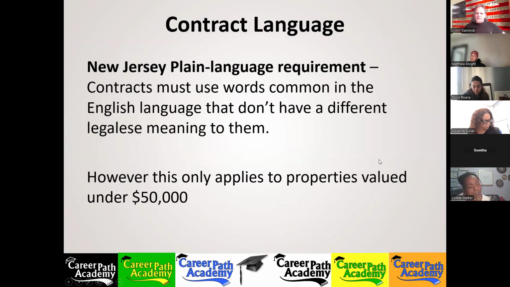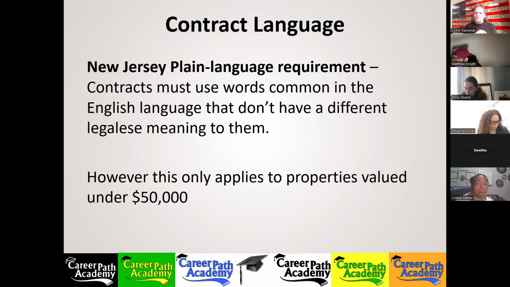All right, New Jersey has a plain language requirement that they reduced to a simple little blurb now in the book. It used to take up half of a page. But as you could see, the reason why they reduced it to a little blurb. New Jersey has a plain language requirement because we have words in the English language that may have separate legalese meanings to them if used on contracts. So New Jersey has a plain language requirement that applies to contracts of sale that's basically state you have to use words that are common in the everyday English language. But